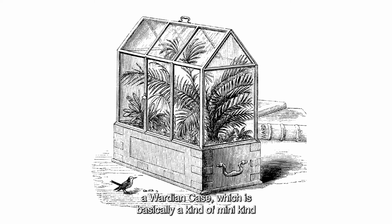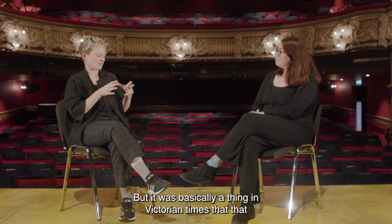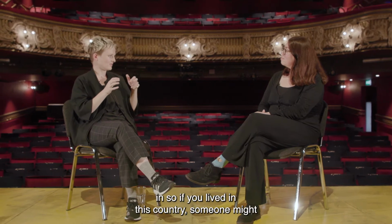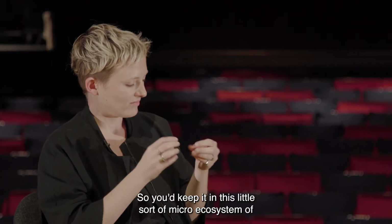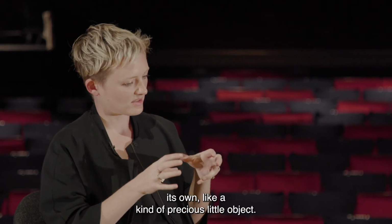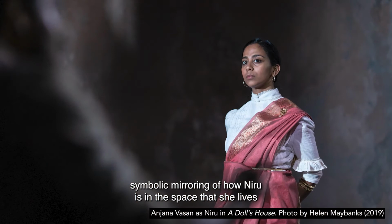sort of greenhouse, which I think these days is called a terrarium. But it was basically a thing in Victorian times that people would give to each other with exotic plants in. So if you lived in this country, someone might send you from another country a tropical plant that obviously can't exist in the British climate. So you'd keep it in this little micro ecosystem of its own, like a precious little object. And then I quickly realised that actually there's a lot of symbolic mirroring of how Niru is in the